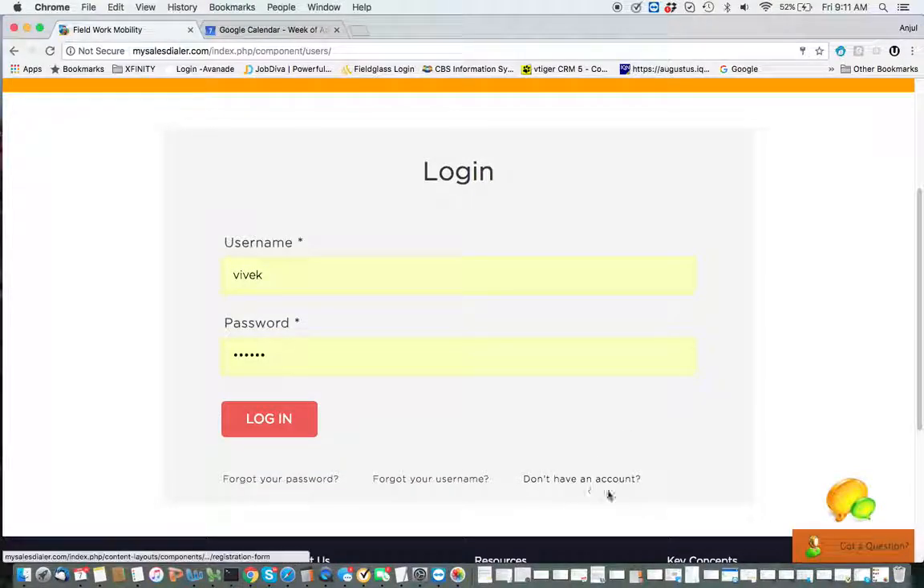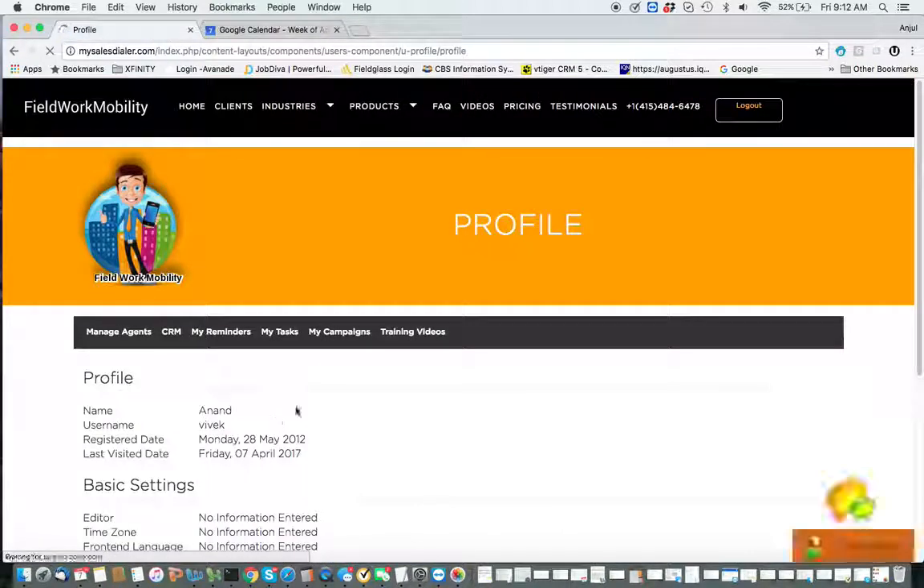You don't have to create an account. That is already created by your manager for you. If you have forgotten your password, talk to your manager so they can reset your password. So assuming everything is done and you have your username and password, you can just log in. And when I log in,